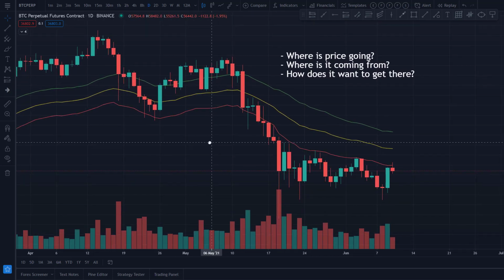The RexDog Average for me is the first thing that I look at in a chart, any market. And for me, it is the bias indicator. It tells me what the momentum bias of the market is. Price is below the RexDog Average, the yellow line. These other lines that you see here, the green and the red, are ATR lines. Price is below the RexDog Average, which means that it is momentum short. Now, here's where we're going to get into the first question. And this is why, if you have one indicator that helps you define, or it doesn't even have to be an indicator.